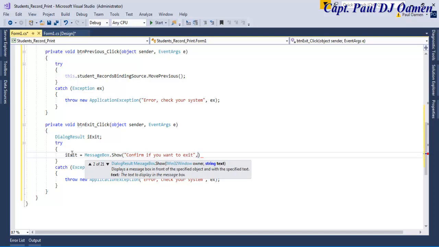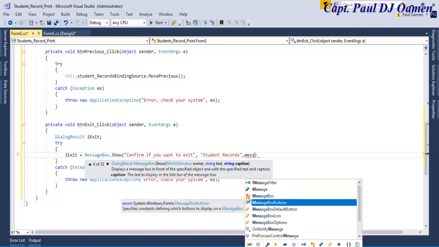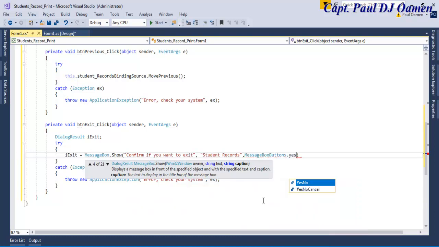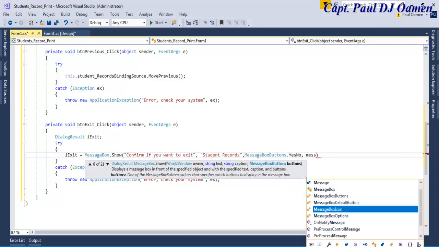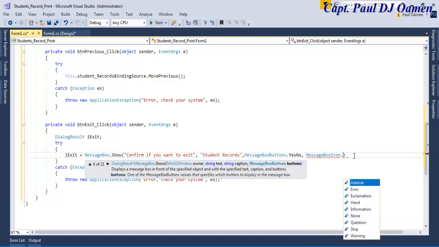Now, comma, let's enter the name of the program, student records, and out here let's use an inbuilt function of MessageBox. Try that again. MessageBoxButtons.YesNo, comma, MessageBoxIcon.Question. Right,